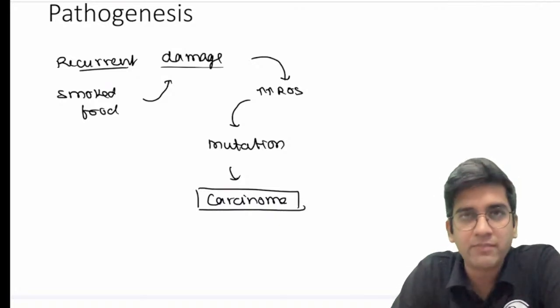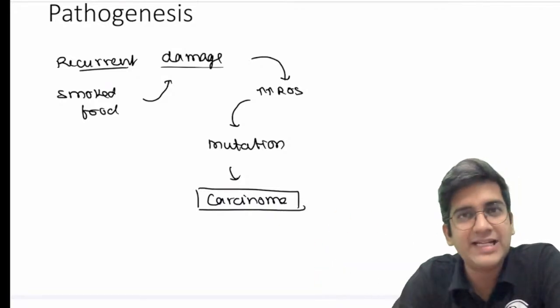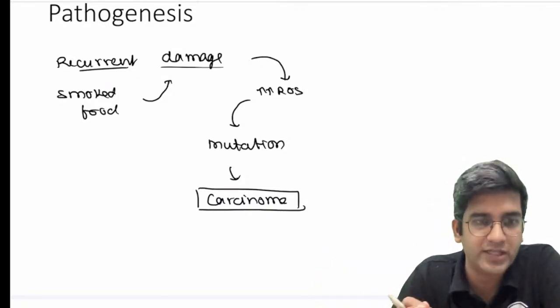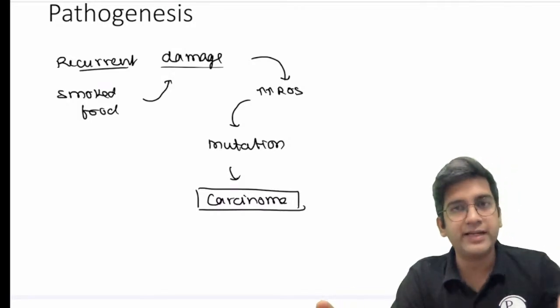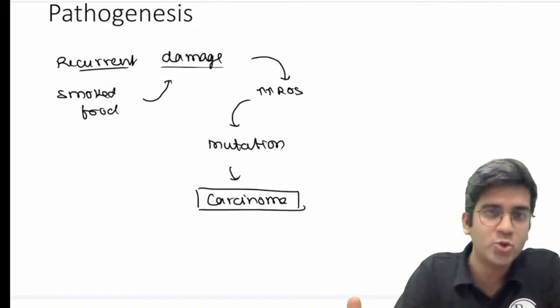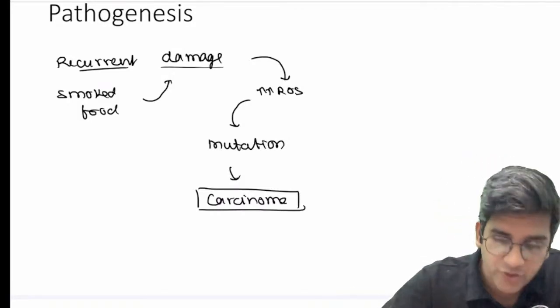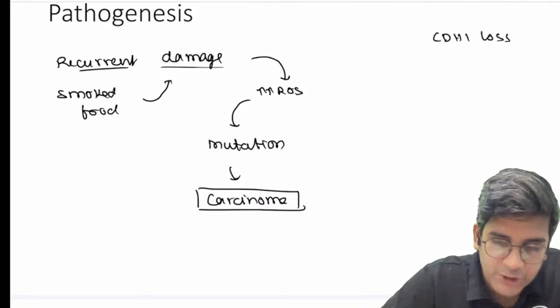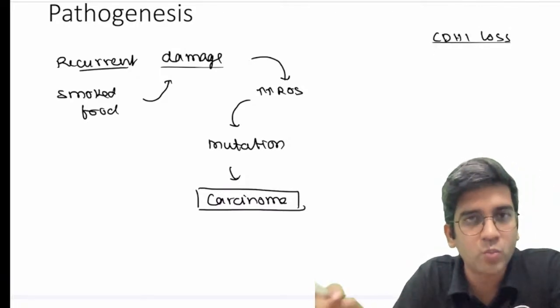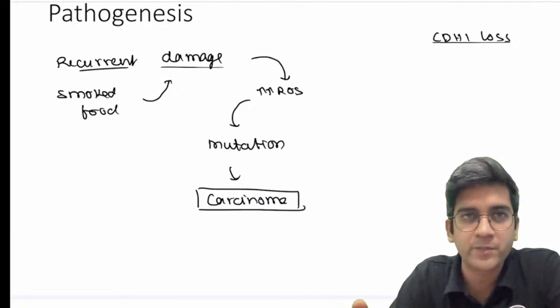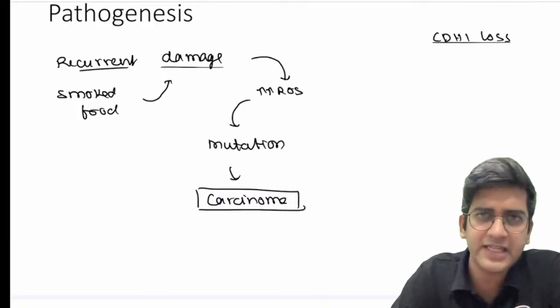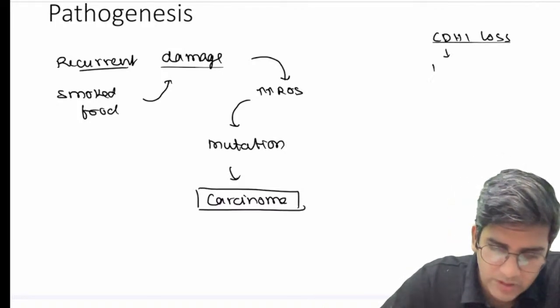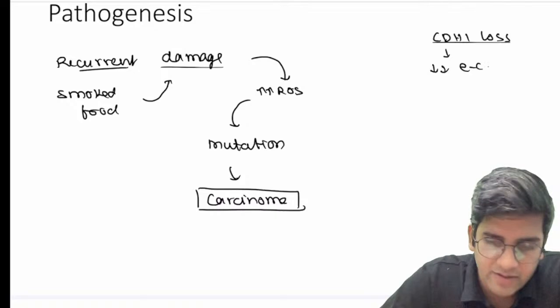At the same time, include on the slide itself how a syndromic etiology will cause cancer. You need not have a separate section written, but if you want to increase the page, please go ahead and write it separately as well, right? Syndromic etiology, the primary one for me is CDH1 loss, or the loss of function mutation. What protein does CDH1 code? I'm sure you guys have known about that. What protein do they code for? E-cadherin, right? CDH1 loss will reduce your E-cadherin expression.